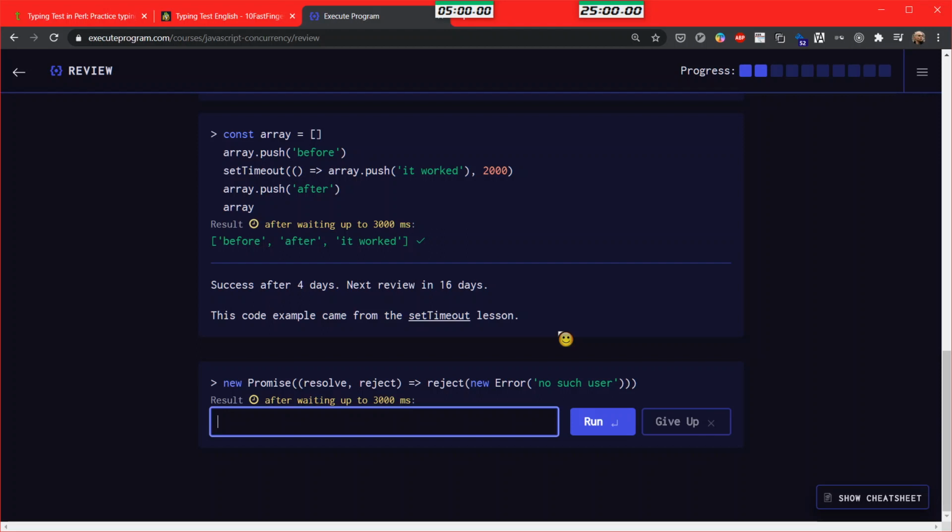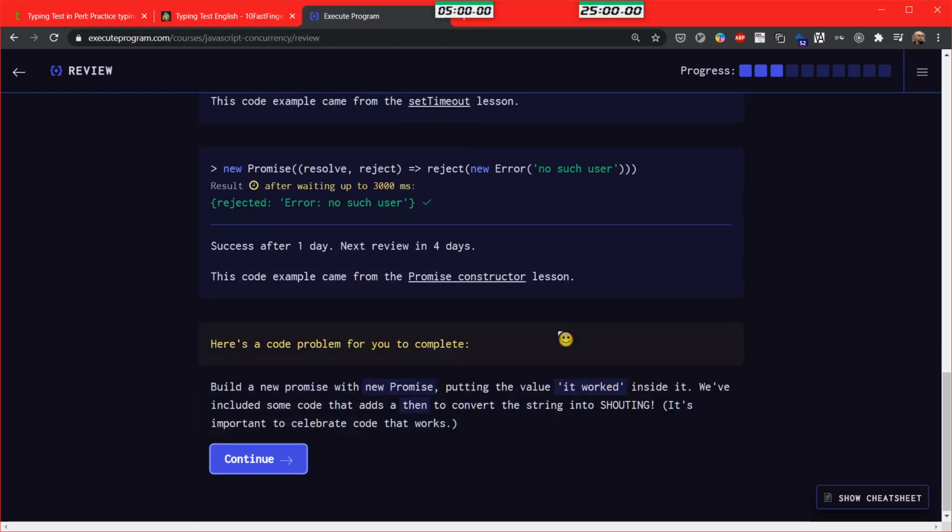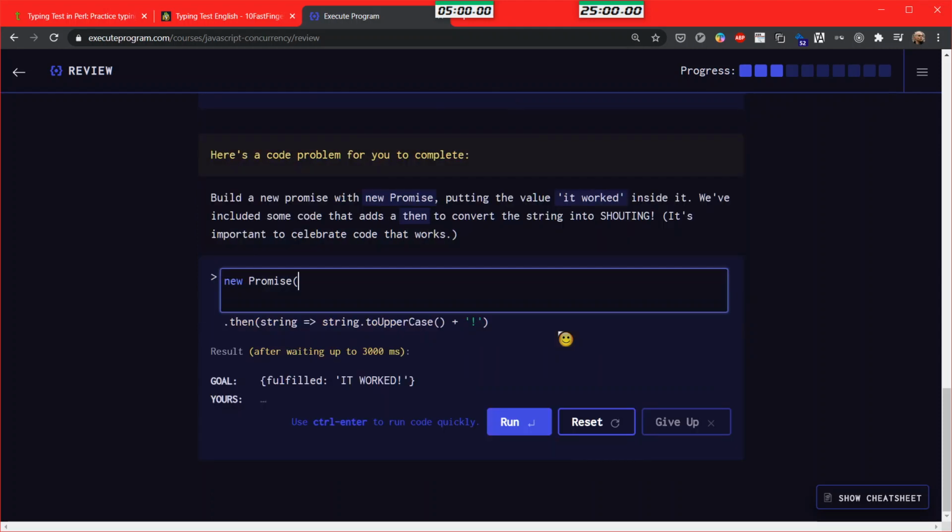Okay, resolve, reject, and we have a reject, so it will be rejected, error, no such user. Build a new promise with new Promise, putting in the value it worked inside it. We've included some code that adds a then to convert the string into shouting. Okay, so I have to resolve it. And I will do it